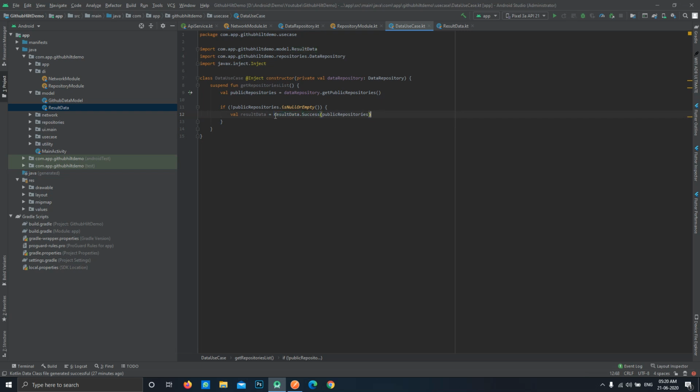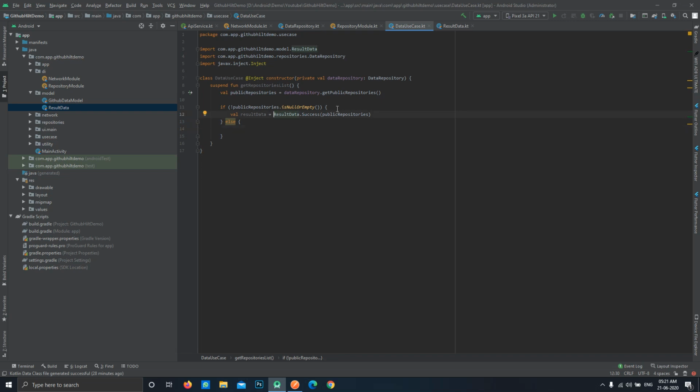So now basically this is a kind of state management system, so we'll be managing the states of the result. In this case, when this is not null, it means it is success, so our data is not empty or null. So we are assigning the success state to it, which will have this data contained in it. And now in the else section, if this is null or empty, then it means that our API has failed.